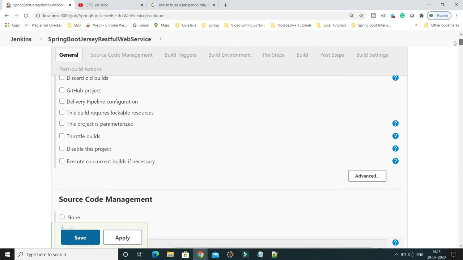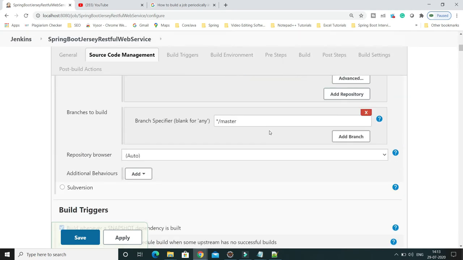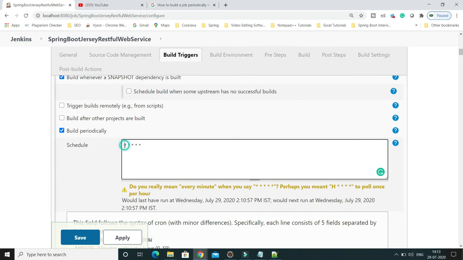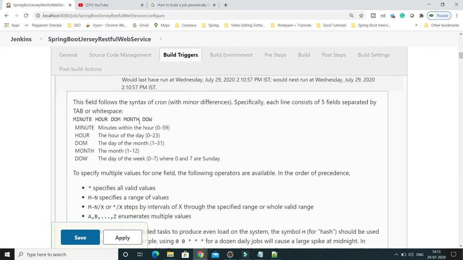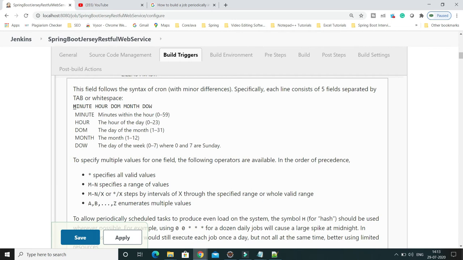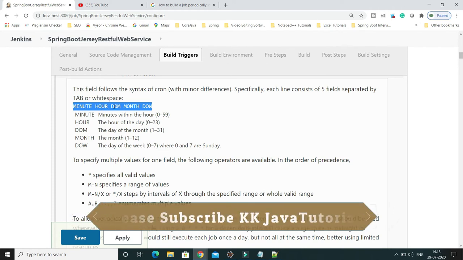Now what I'm going to do is specify a cron expression. For simplicity, let's say I would like to run it every 10 minutes. So H/10 means every 10 minutes, and the rest of the 4 asterisks of course you have to give, because you always have to specify the cron expression in five fields: minute, hour, day of month, month, and day of the week.